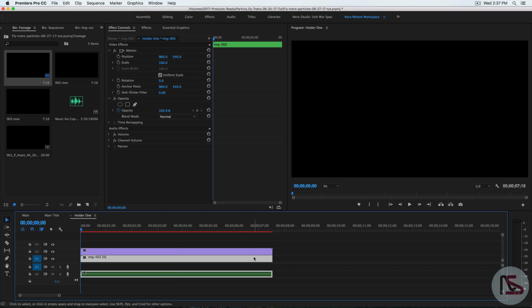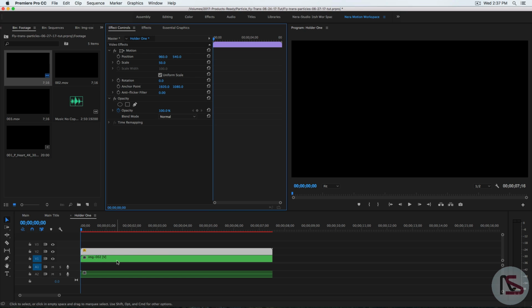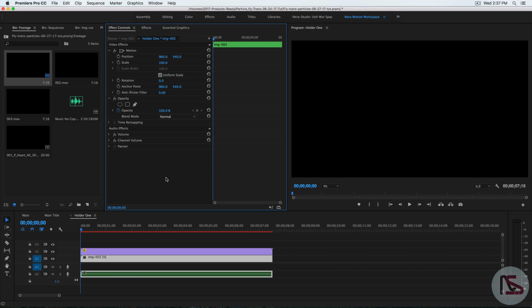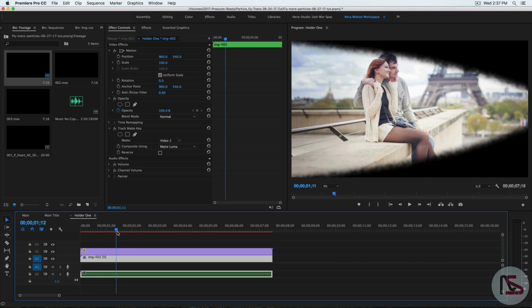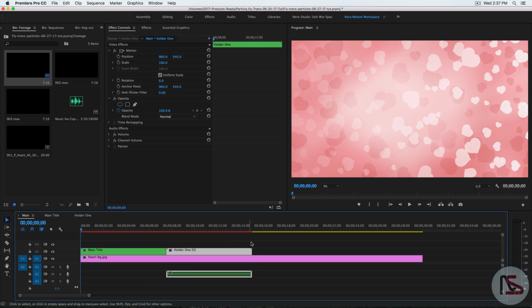So make sure. And also we need to go effect and control and make sure 50% scale of the mask. And what else we need to do is select the image and go to effect and control, command V to paste, a small v of course, and see what we have in here is the image inside the mask. What else we need to do is create a couple more of this. So the same thing, you need to go,